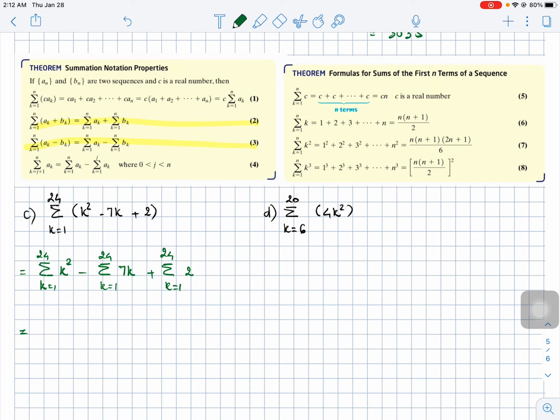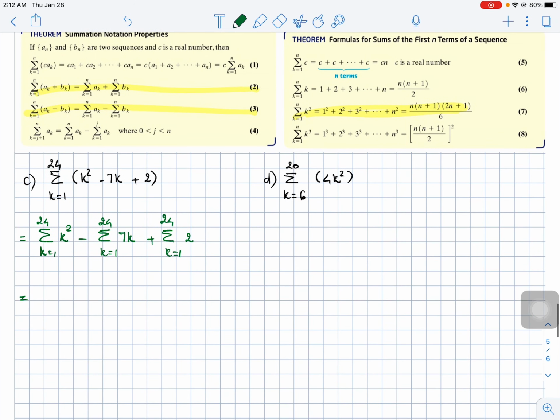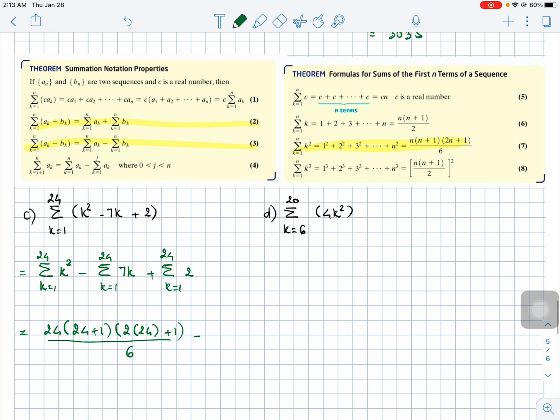So the first one, for k squared, we can use property number 7. So we will have n is 24. So 24 times (24 plus 1) times (2 times 24 plus 1), divided by 6, minus, for the 7 we can pull out the 7 by using the property